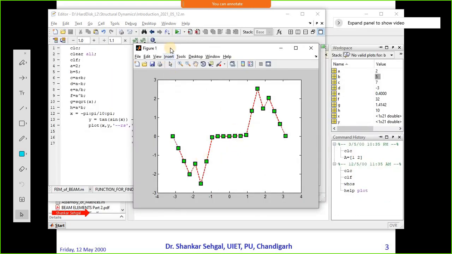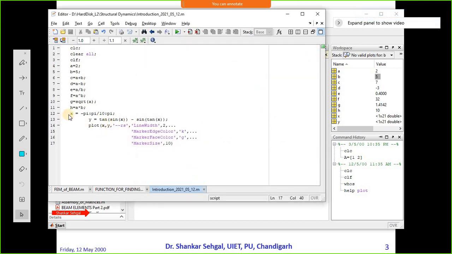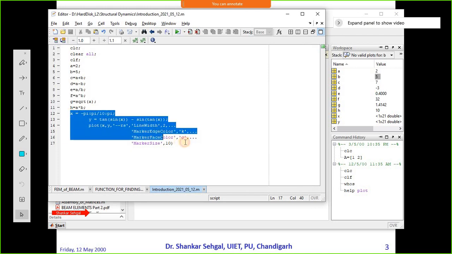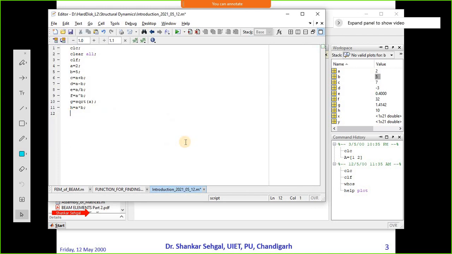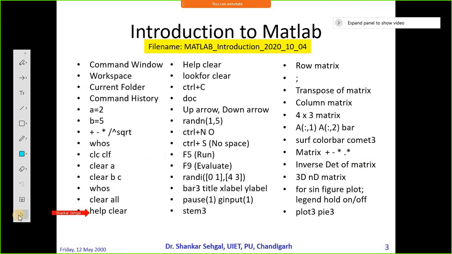So this is the output of the program using the code which I simply took from the help command. This is a sample plot. So step by step you can understand by copying and pasting the codes which you get from the command window by using the help command. Okay, a better version for